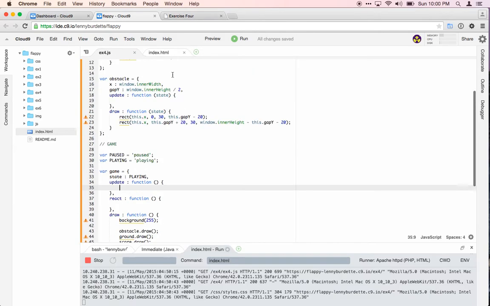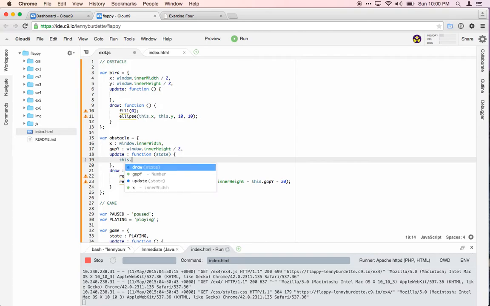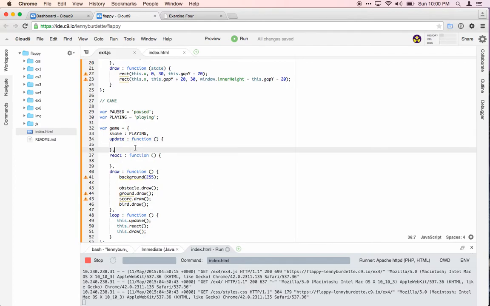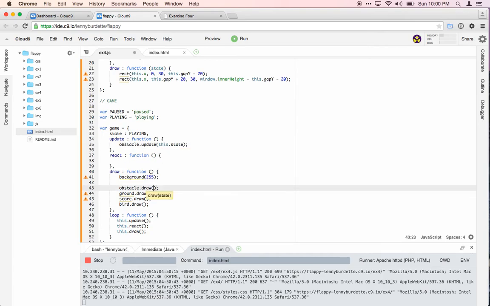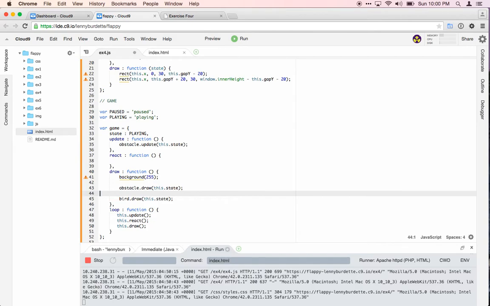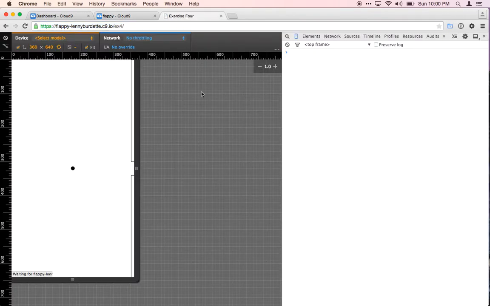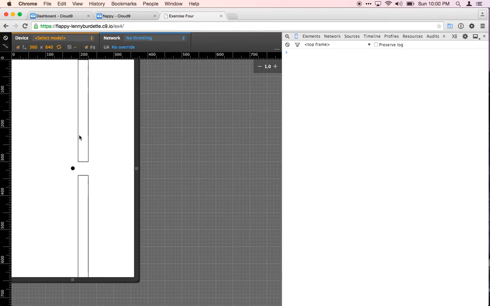So let's just load this up. I'm going to put this back so it moves across the screen, and then make sure that I call obstacle.update in the game update function, passing the state to it for all these things, so that it's tied to the game loop. Oh wait, I don't have a score or a ground. That's going to cause an error. So I'll refresh my page, and I didn't set my fill,